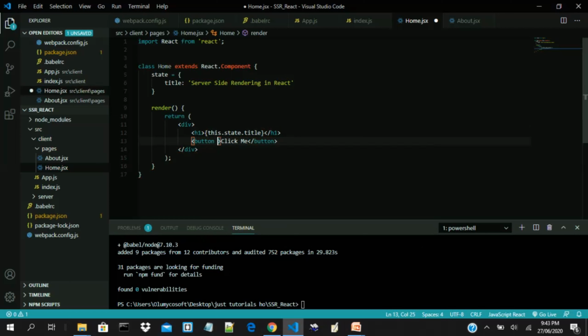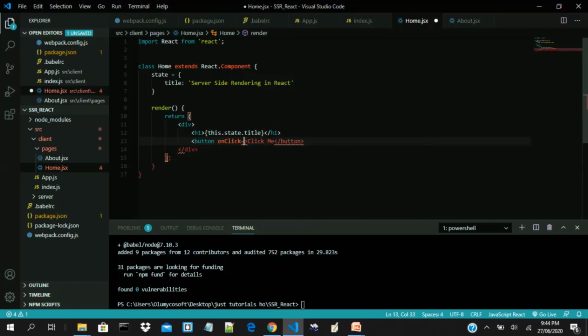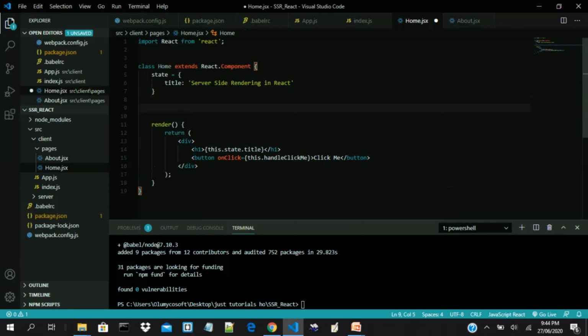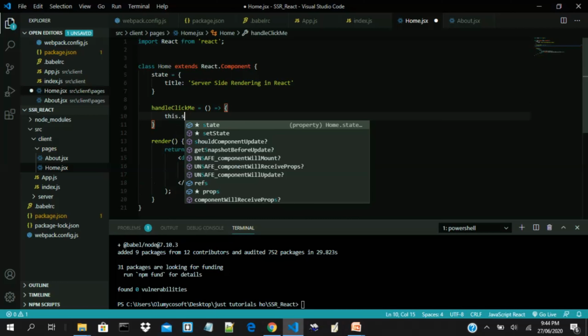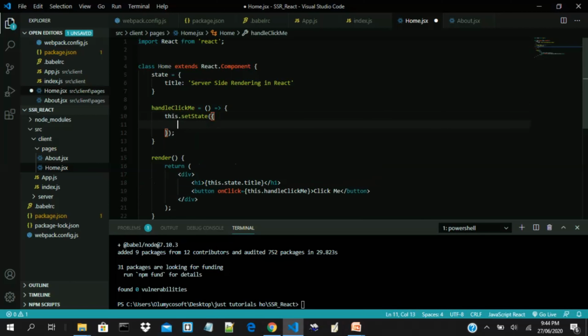So that we can change the content of that state, let's bring in a function, an onClick event. So let's just have this.onClick on the button. Okay, I think this is okay. Now let's use our arrow function here. So this will be this.setState, and the title will be, what should we call the title? The default title is server side rendering in React, so we can just change it to